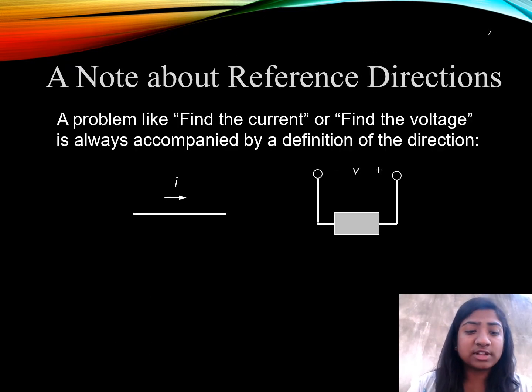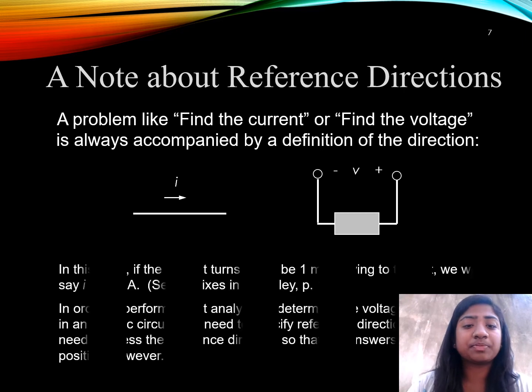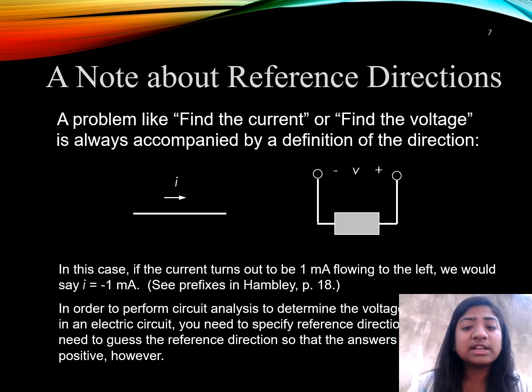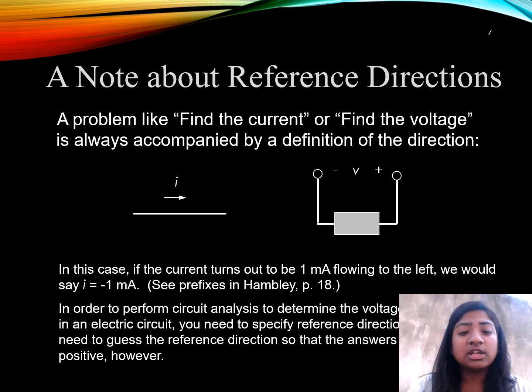A note about reference directions. A problem like find the current or find the voltage is always accompanied by a definition of the direction, as shown in the image. In this case, if the current turns out to be 1 mA flowing to the left, we would say I equals minus 1 mA. In order to perform circuit analysis to determine the voltage in a circuit, you need to specify a reference direction. You need to guess the reference direction so that the answers may be positive. However,